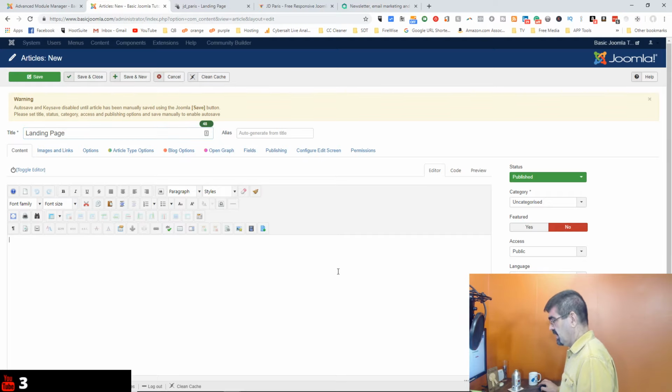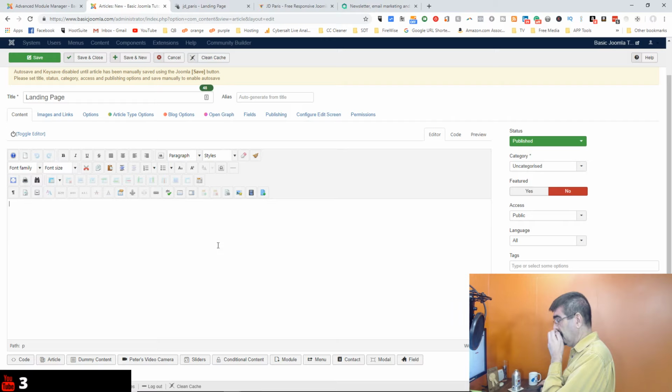And now, down here in the article, all I'm going to do is put that module. At the bottom, you'll see there's a button for inserting a module into your article. I think this is the stock, the base button that comes with Joomla. You could use Regular Labs modules anywhere as well for this tool. But I'm going to click module,